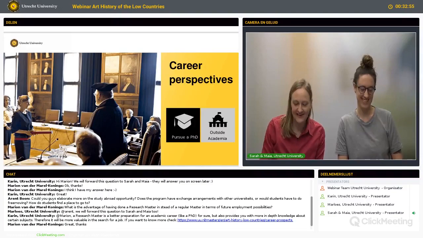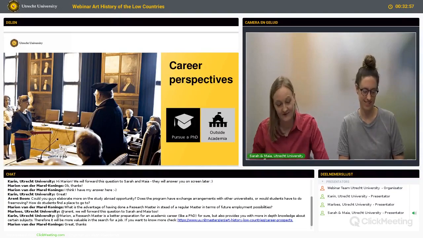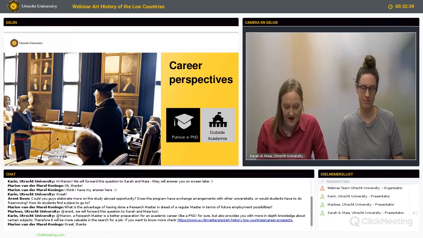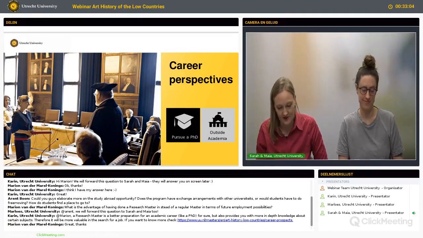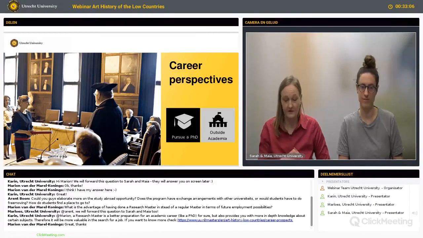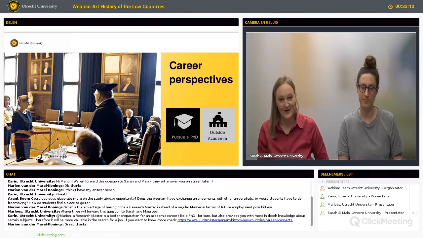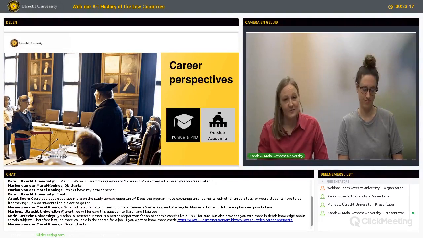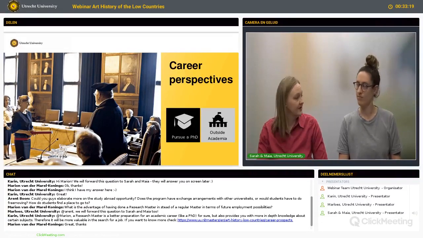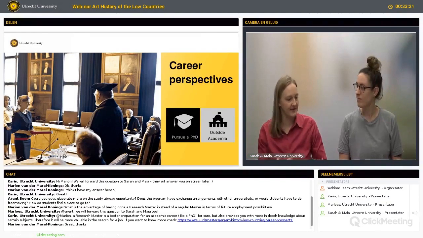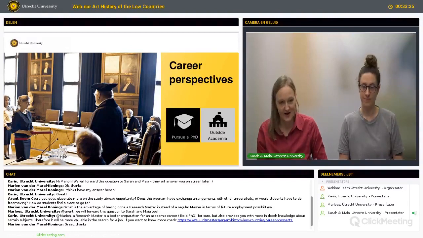Goethe University in Frankfurt, the University of Constance, also in Germany. Also Princeton, Harvard, Columbia, Northwestern, and the University of Toronto. So we do a pretty good job preparing you for a PhD, and we'll help you with your applications, of course. As far as museums, we also have, as faculty members, many and varied connections to museums that can